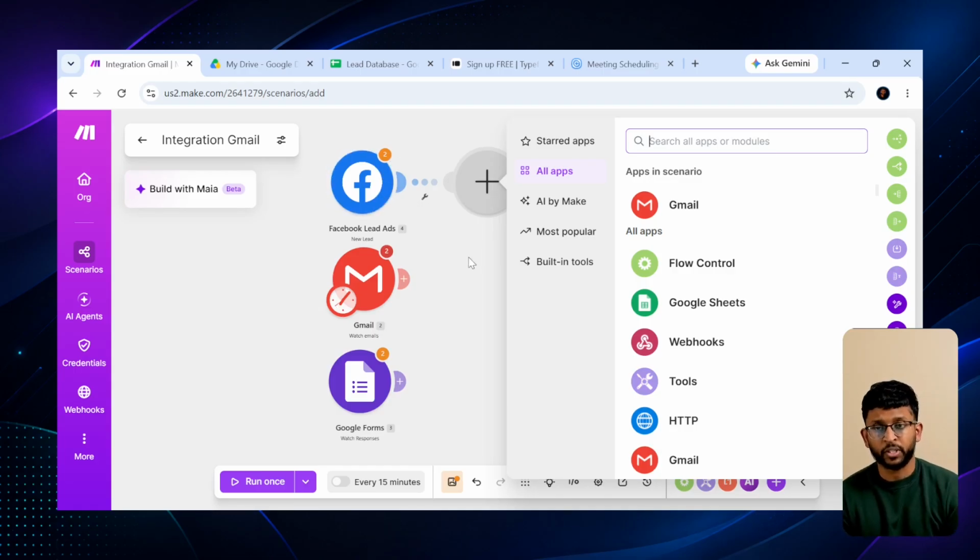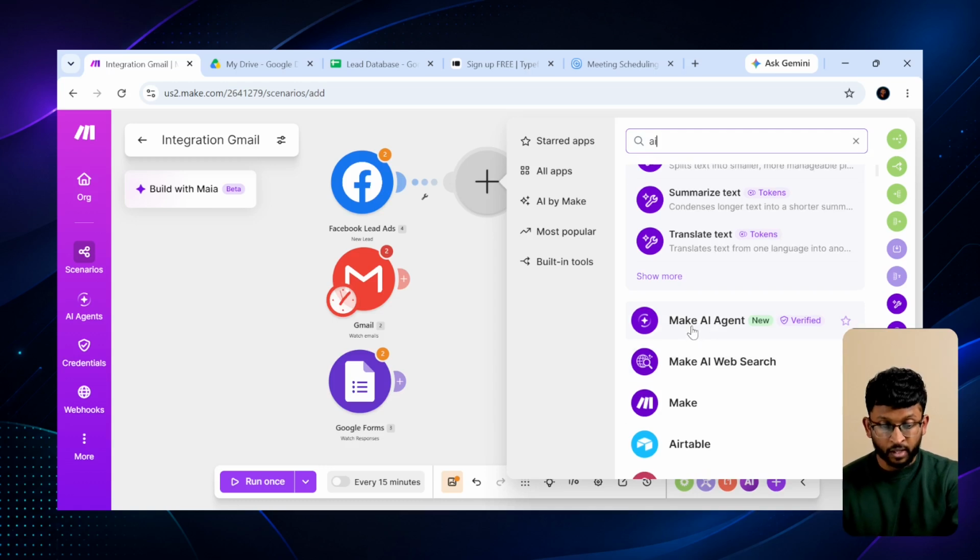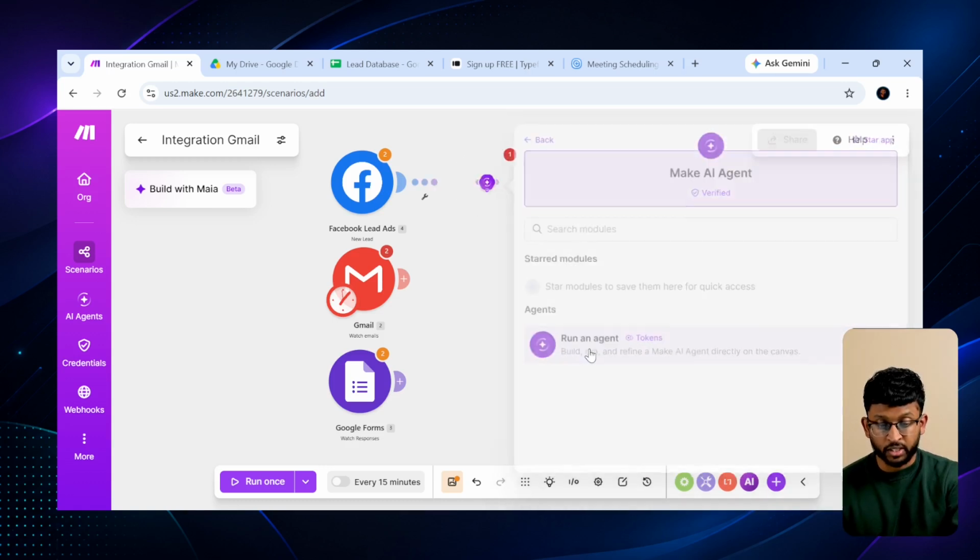So you have a bunch of things you can actually do from here. You first have to determine if the lead is actually a good lead or if it's kind of like maybe spam or something like that. And there's various ways you can do that. One of the things is you can actually use make.com's AI agent here. So what this agent can do